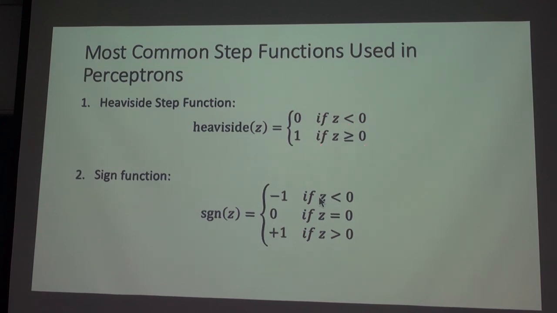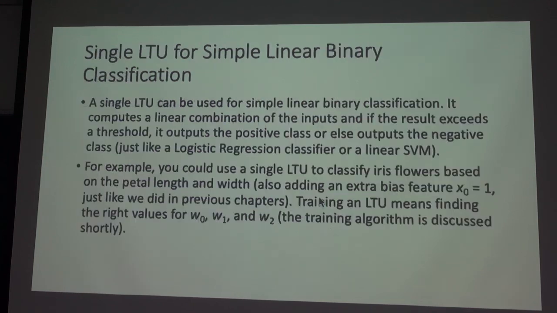Different outputs represent different classes. Binary classification means there are only two classes, either the positive class or the negative class. So it's kind of like a logistic regression classifier or a linear SVM. If you don't know what these two algorithms are, okay,